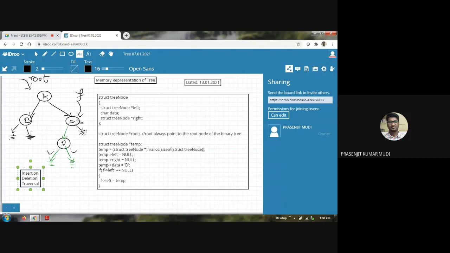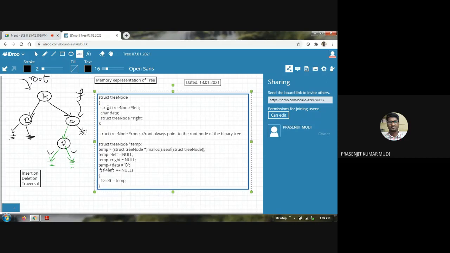You can't simply delete C, because if you just delete C, all the left and right subtree with respect to node C will get lost from the remaining portion of the existing binary tree. So that is the problem. To avoid that situation, we need to do some adjustment in case of the deletion operation. We'll talk about it later in detail. Anyway, this is the logic for insertion.